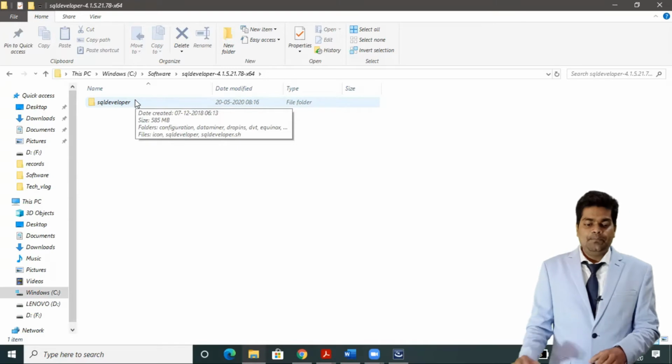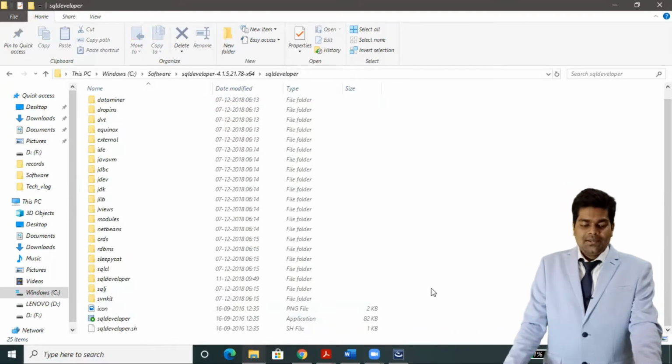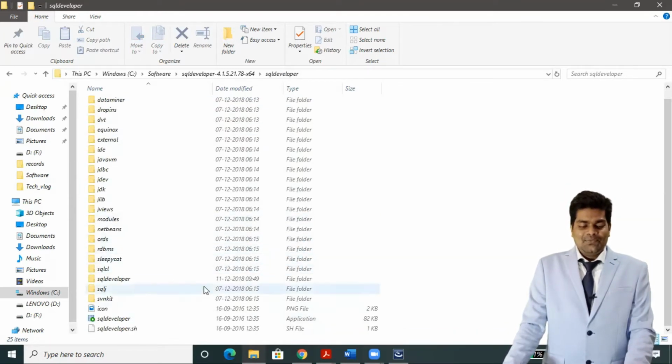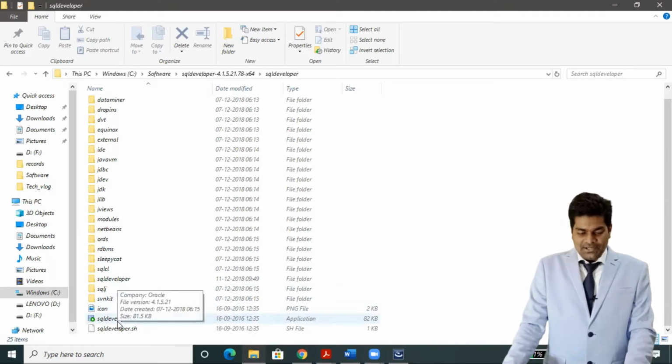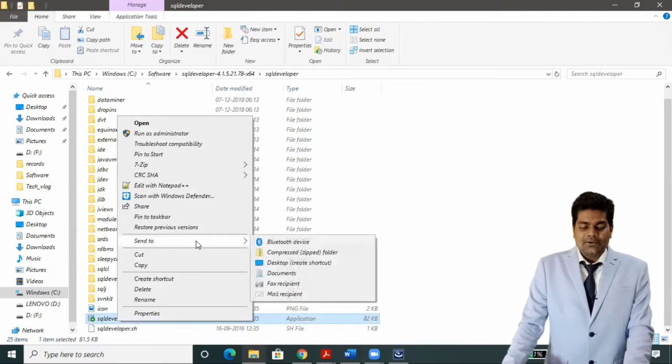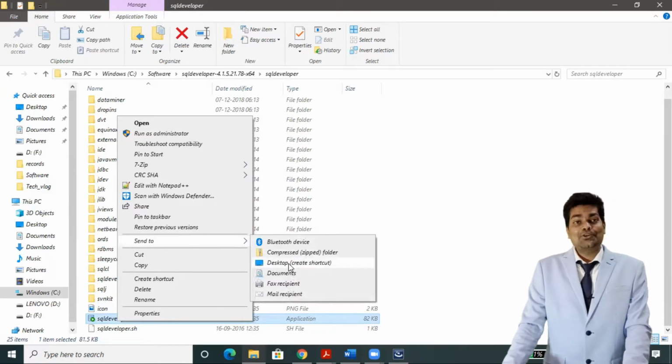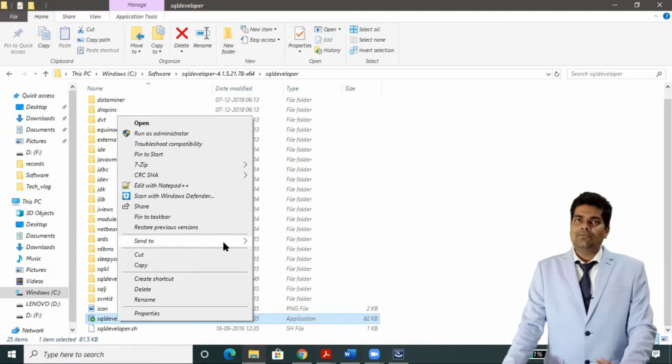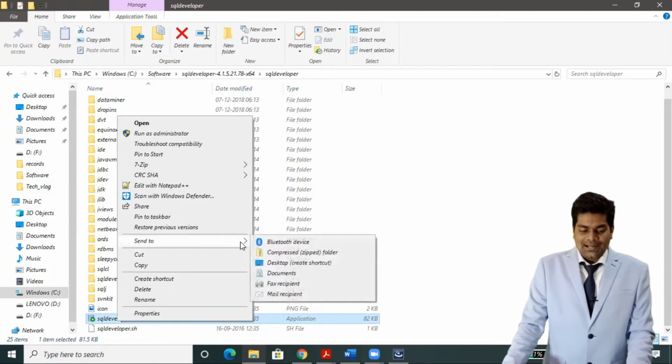delete that file. Okay, so we can see the second last application. Simply right click, click on Send, and we can create a shortcut on the desktop or pin to the taskbar, whatever is okay.